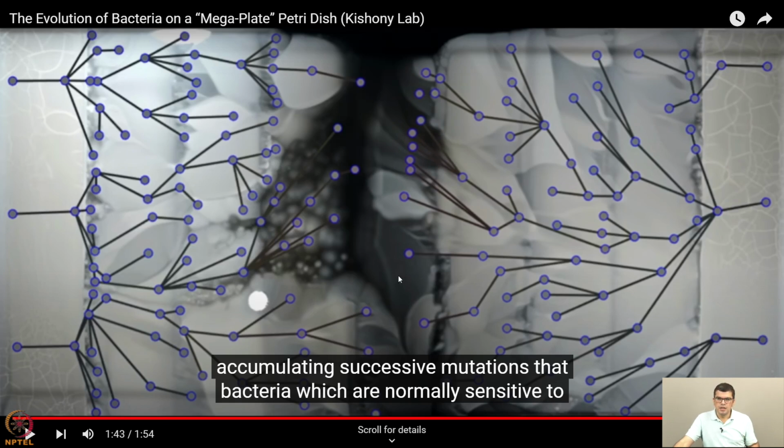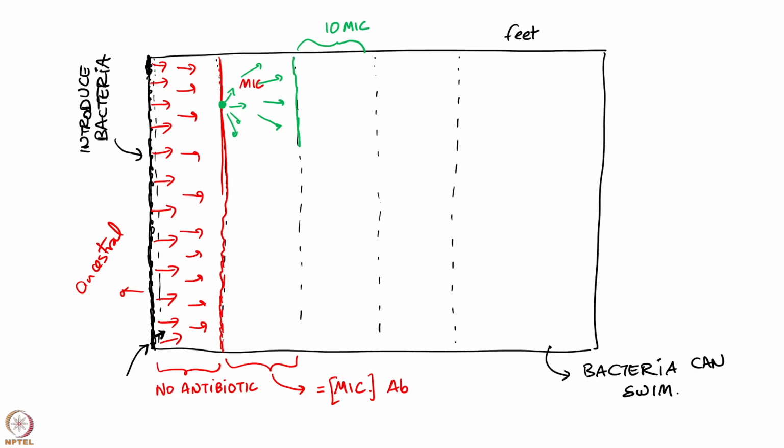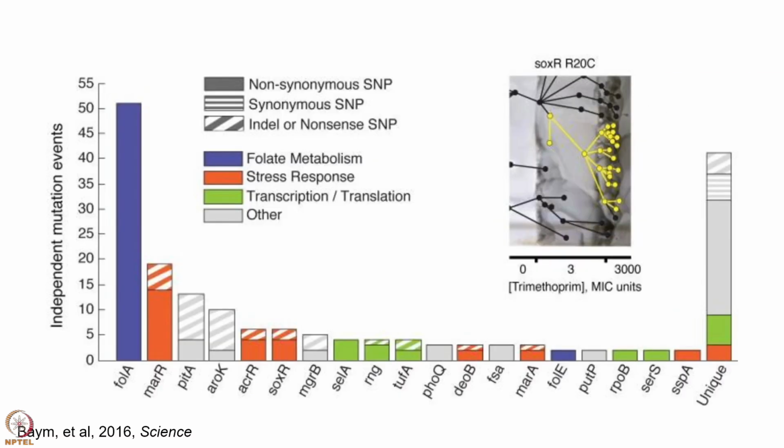And because this is a plate, I can sample bacteria from different parts of the plate and actually study where mutations were acquired, which mutations were acquired, and so on and so forth, and completely understand the evolutionary trajectory of these populations as they evolved from their ancestor state to a state where they grew up, they acquired 1000 times its MIC. It is a fascinating experiment, and interestingly they collect bacteria from different parts of the plate, and this is the study, this is the lead author,